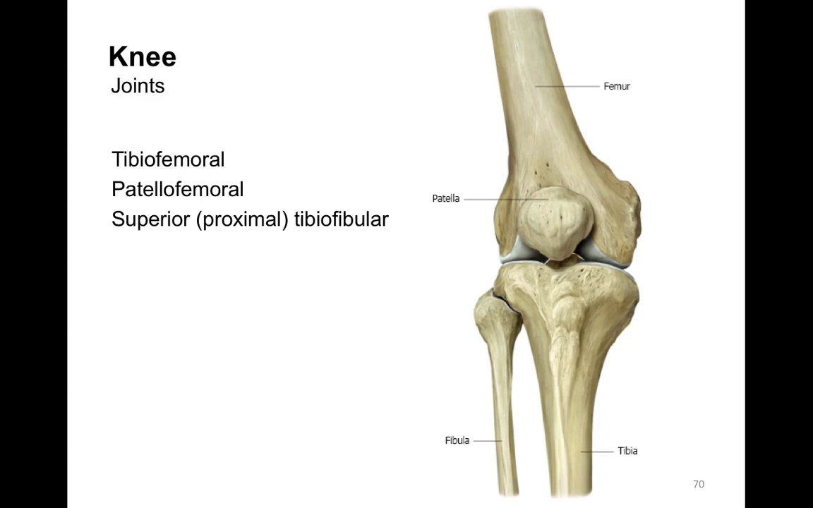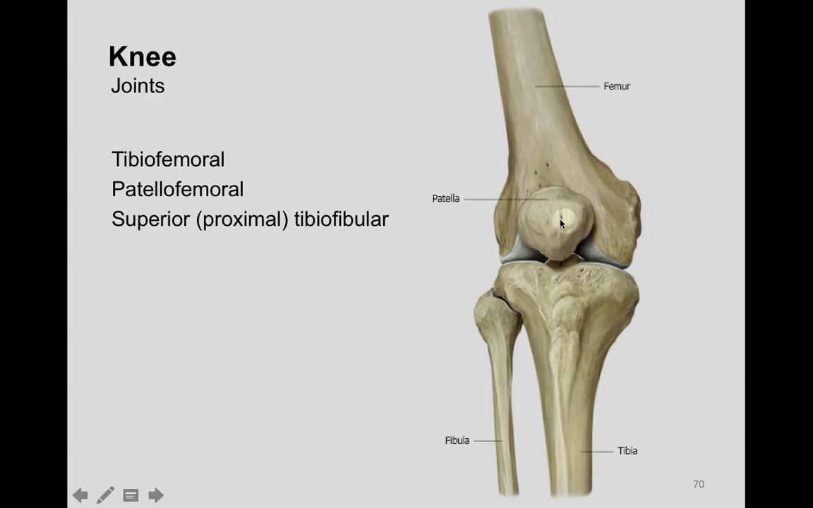So let's move on down to the knee now that we've done the hip and we've done the thigh, and let's review the joints that are present at the knee. So although the knee is a region of the body, it is going to comprise three separate joints. The most common joint that we probably think of when we think of the knee is the tibiofemoral joint, proximal tibia on distal femur. But there's also a